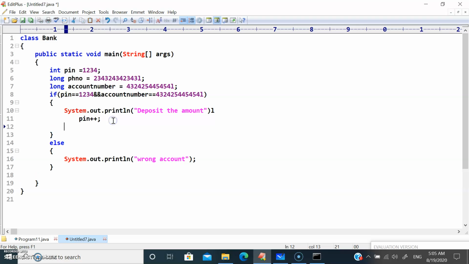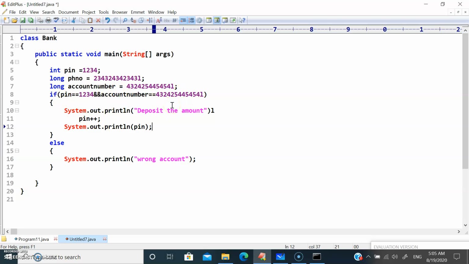Let me print the pin also here. System.out.println pin. If pin is equal to 1234 and account number is equal to the number I have given,